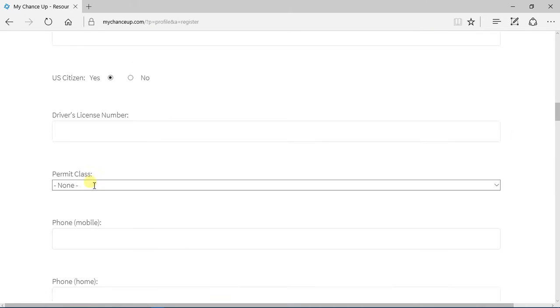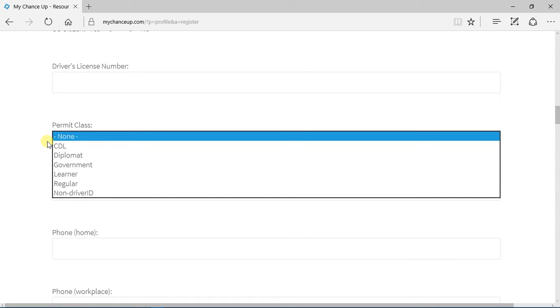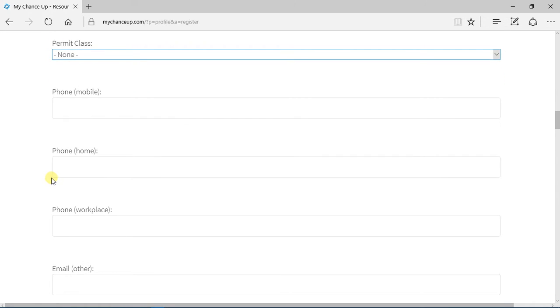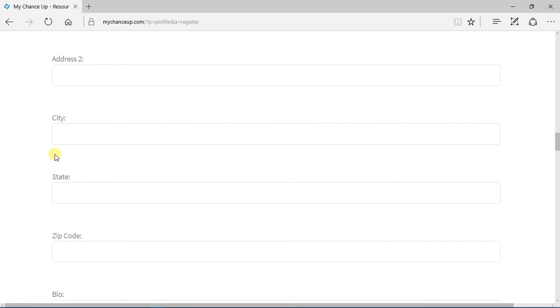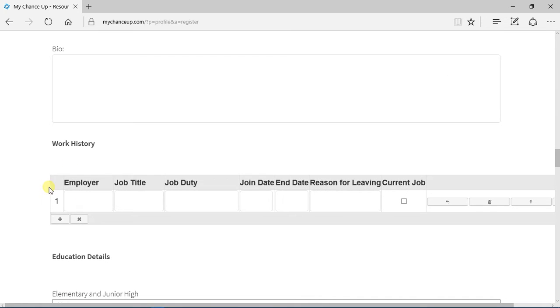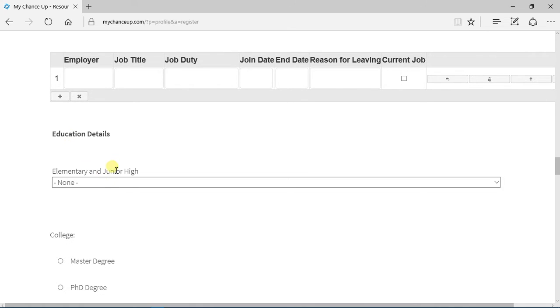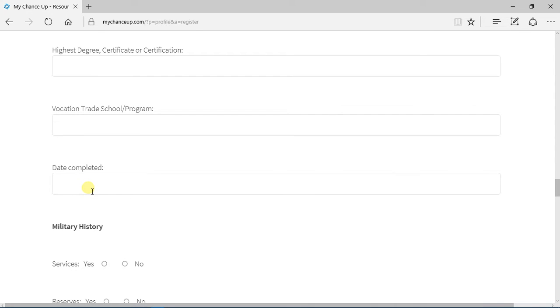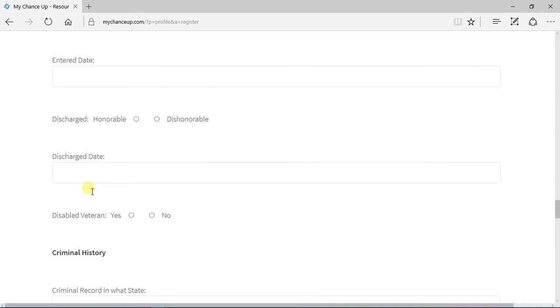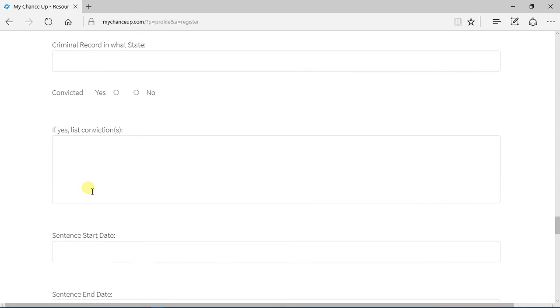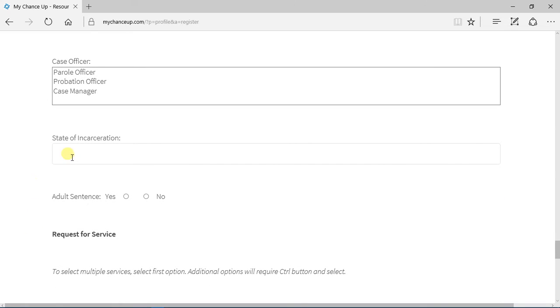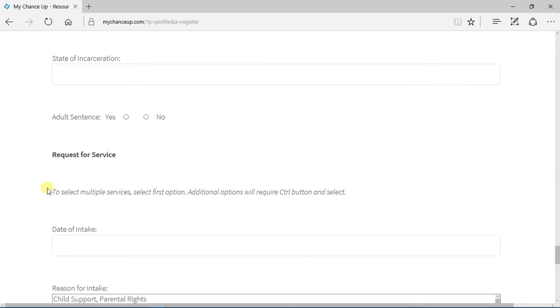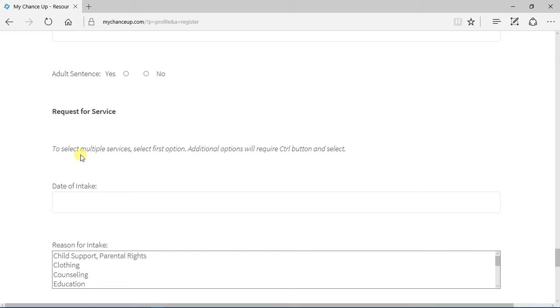citizen, yes or no, driver's license number, permit class, mobile phone, home phone, workplace email or another email, address, city, state, zip code, a little bit about themselves, their work history, where they've worked before, their education details here, which is very important, their military history, if they have or don't have, their criminal history, of course, and then how their sentence ended, what their case officer is, what type of case officer, where they were incarcerated, was it an adult sentence,